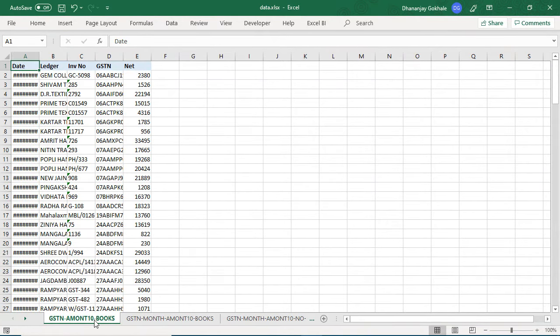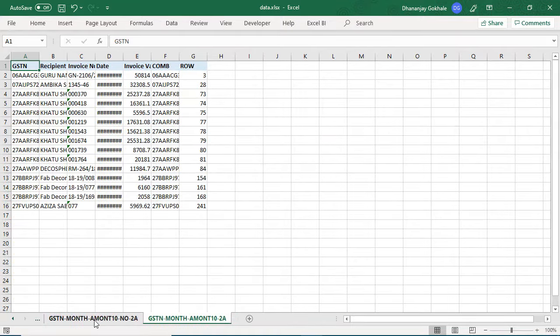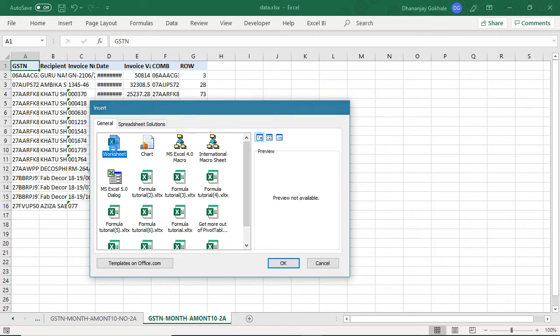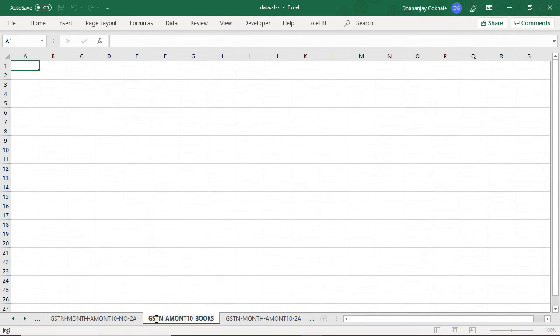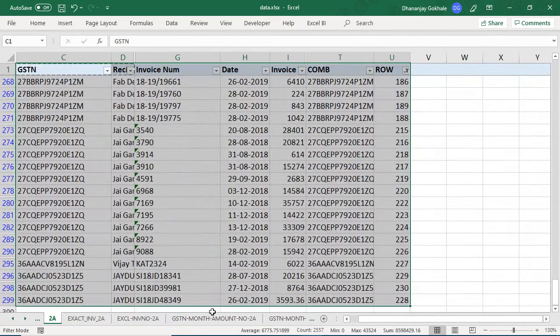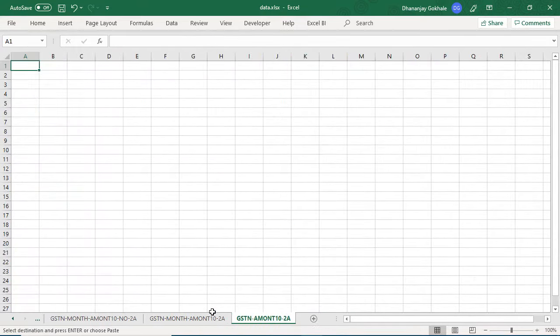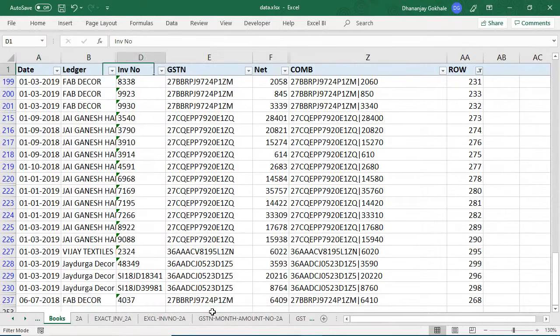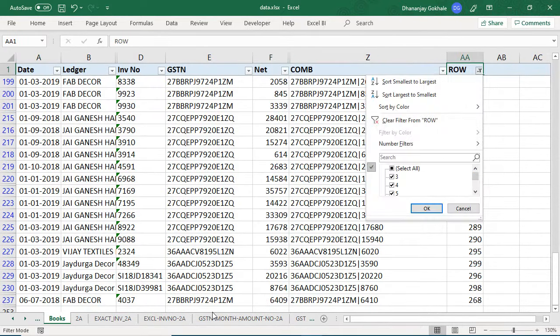I will copy the sheet name, and let's open one for the respective sheet for 2A as well. Okay, now this sheet is for 2A. And the respective 2A invoices I will copy here. Okay, let me copy this. Okay, let's again